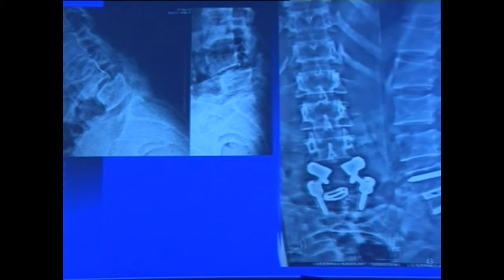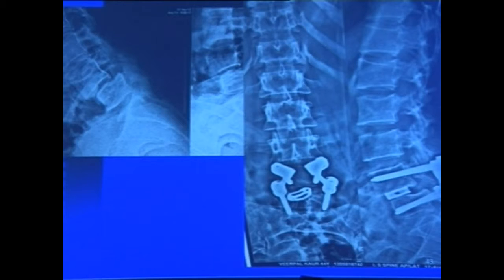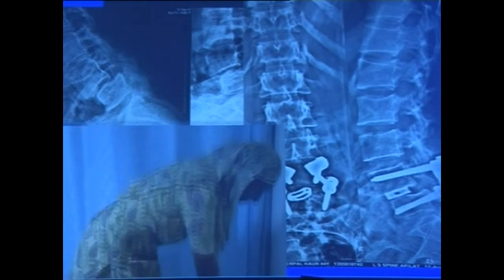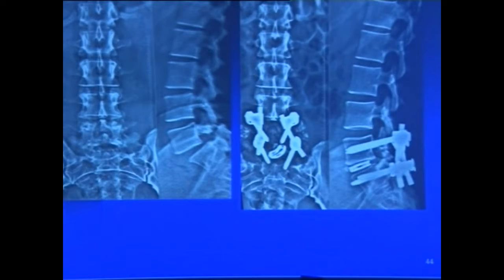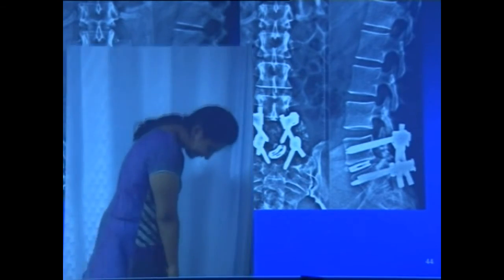This is another patient with a slip at L4, L5. The slip has been reduced, and in addition to the posterior fixation, the anterior fusion with the posterior PLIF has been done by putting the cage in. It's another patient. Most of our patients are from the village side, and they are obese females. Another patient with a slip at L5S1, the lysis has been reduced, fixed, and an anterior cage from the posterior side has been done. This is a young lady